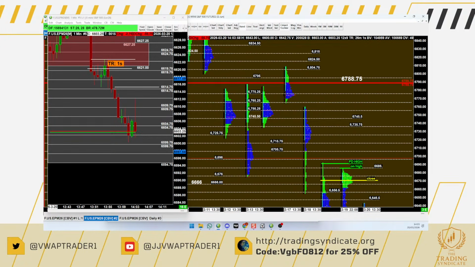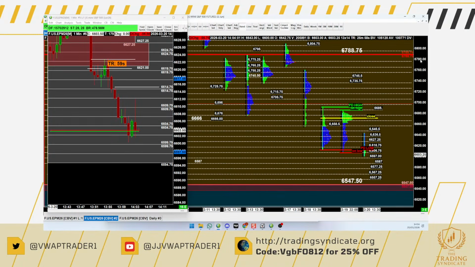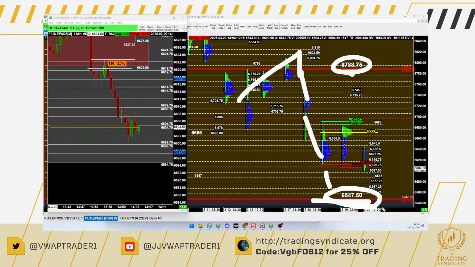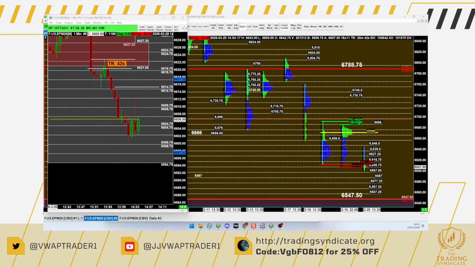For larger time frame traders, we did a look above and fail of 67.88. The target is 65.47. So that's our ultimate target, 65.47 and a half. And if we fail to get down to 65.47 and a half, what happens? If we do this, then we'll get a move back up to that 6,700 level. Very simple rotation as the market waits for more information.